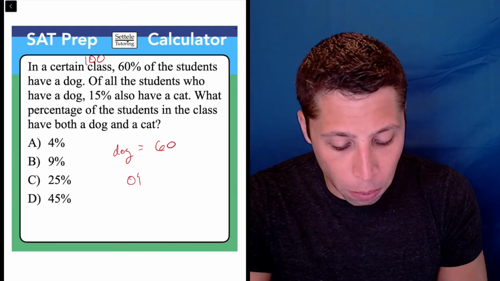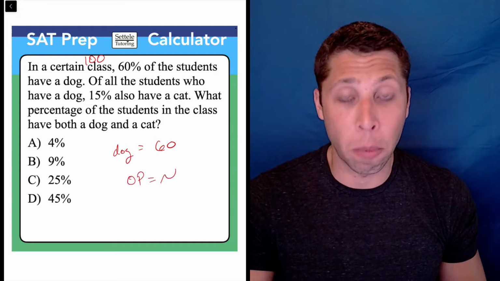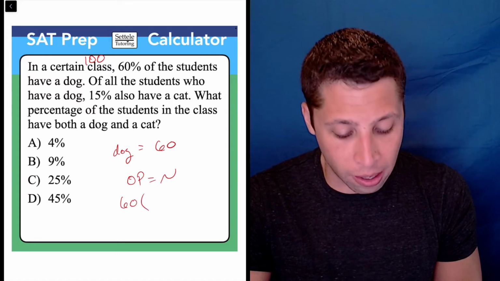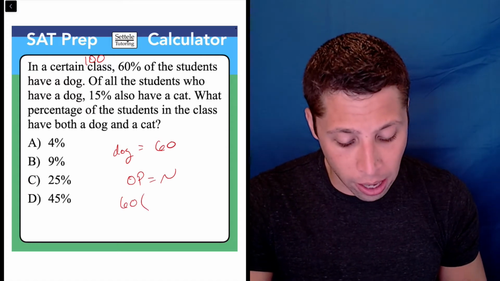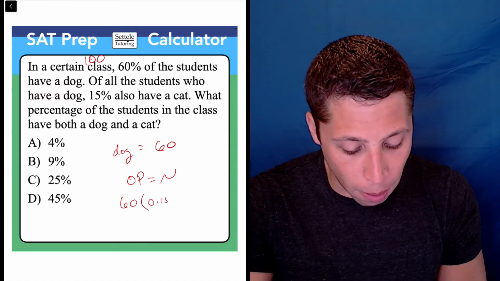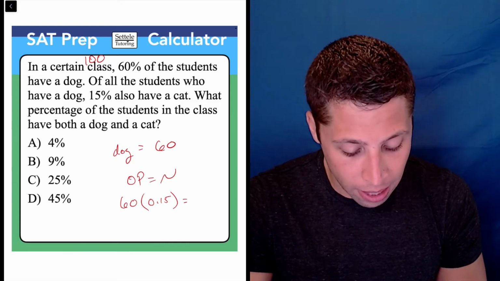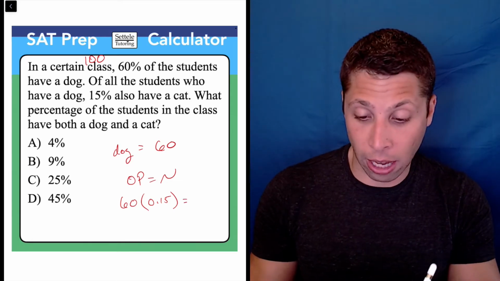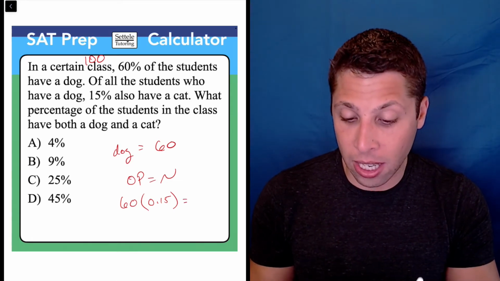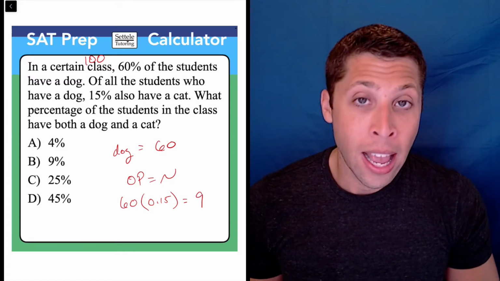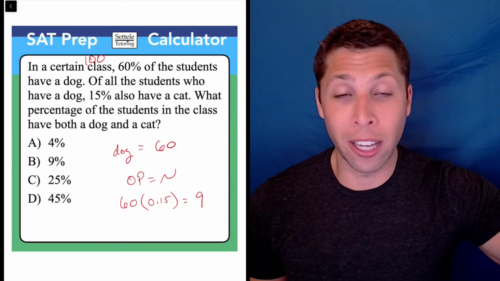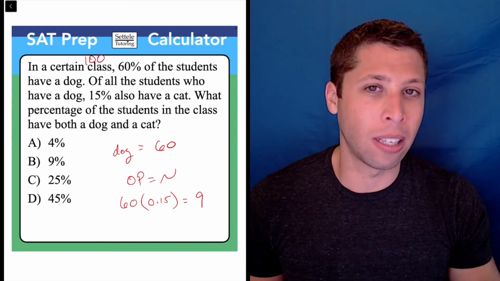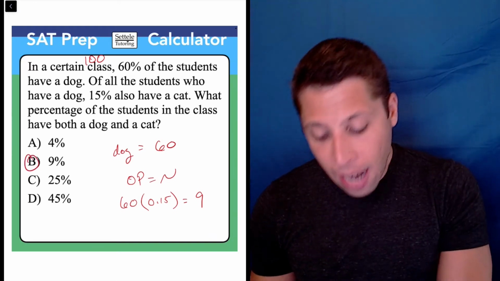So if we use our open formula here, it's the very basic open formula. Our original number of 60 goes there, and then the percentage is 0.15, 15%, and that is going to be, we can do this on our calculator now, 60 times 0.15 is 9. And so because we picked 100 at the beginning, it's very easy for us to tell that 9 is 9%